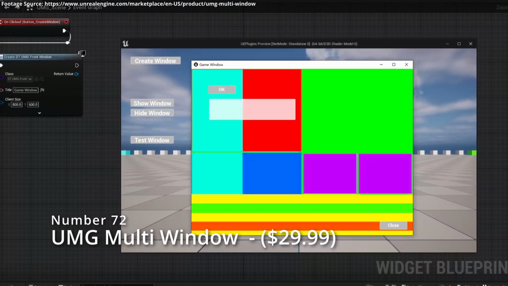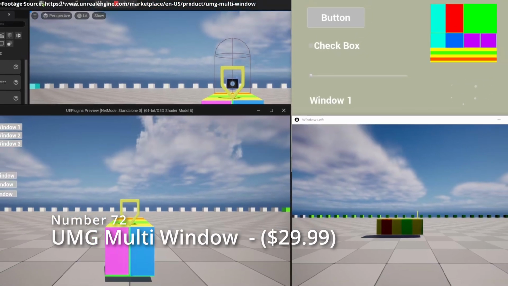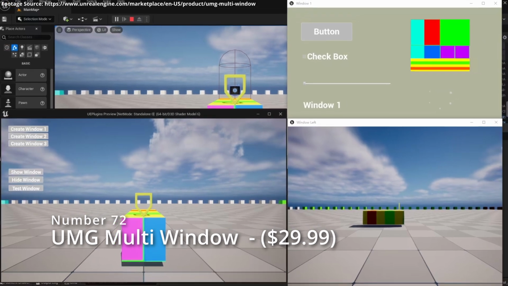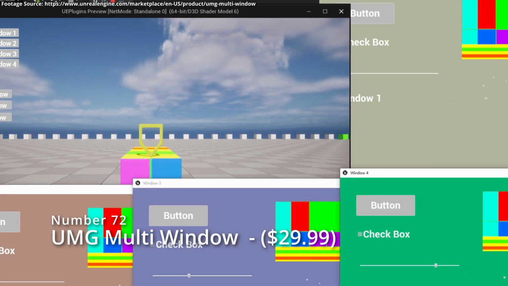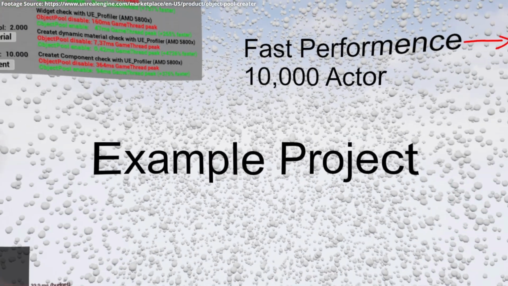Number 72. UMG Multi-Window. This plugin creates Nintendo DS flashbacks in my head, and I would really enjoy seeing something similar to that but implemented in a computer game. Play a clean game with no HUD on your main screen and display important information on another window. Keep the performance with